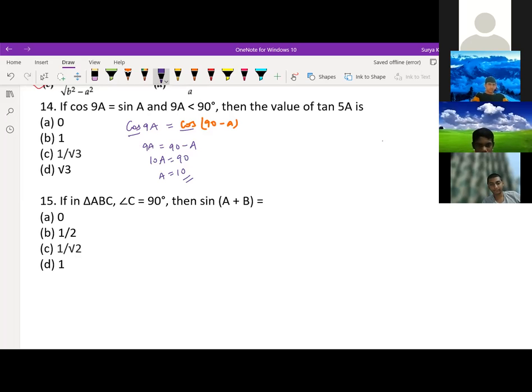The question has 5 only. Let me check once. 10, 5 only they are given here. Sir, 10 divided by 90 equals 9, sir. 10 divided by 90 is 9A plus 10A. 9 only, yes, correct. Here 9. So sir, the answer will be 1, right? The answer will be 1, correct. Sure, sir. Okay, sir.